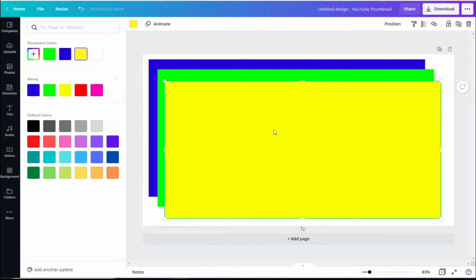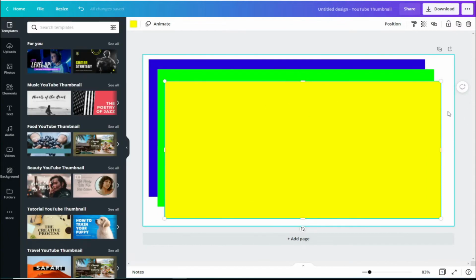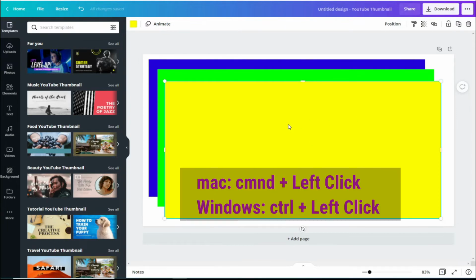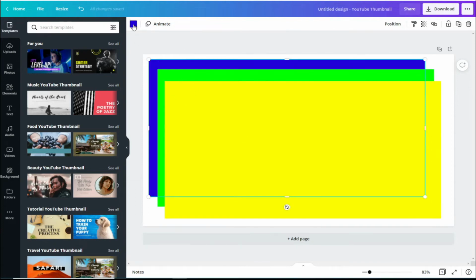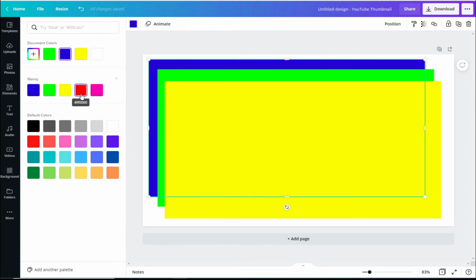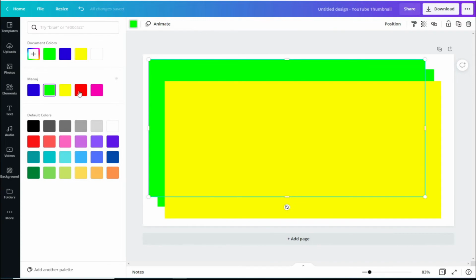Next up I want to show you, when you are working on multiple layers, sometimes you will come across layers that are quite close together. I want to select the middle layer, but sometimes that can be challenging. So what you do, if you are using a Mac, hold the command key, but if you are using a Windows, hold the control key. I am holding down the control key. Now I will click on my mouse button. That will then select the next layer behind it. If I click again, that will select the layer behind that, and now as you can see, that layer is selected. I can do whatever I want to it, like changing colors just like that.